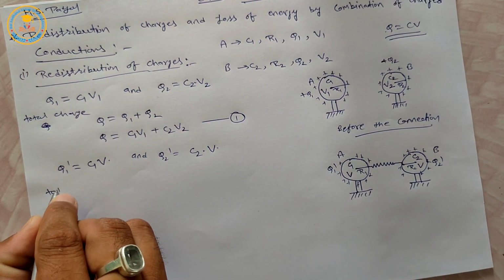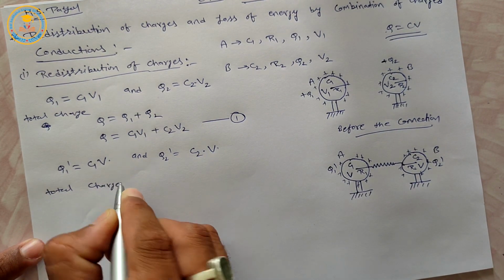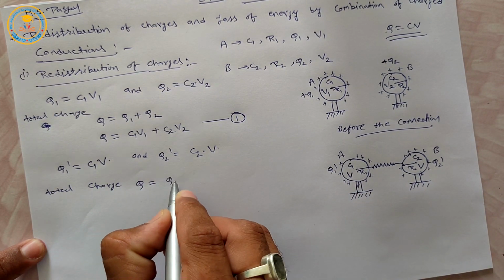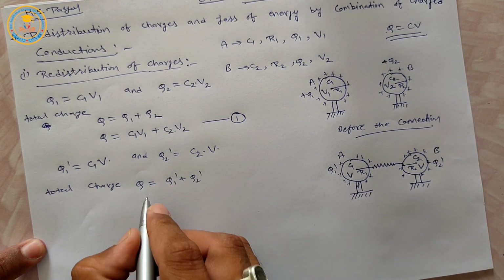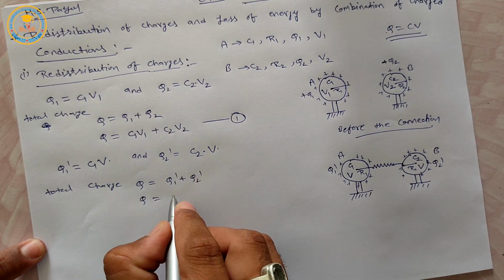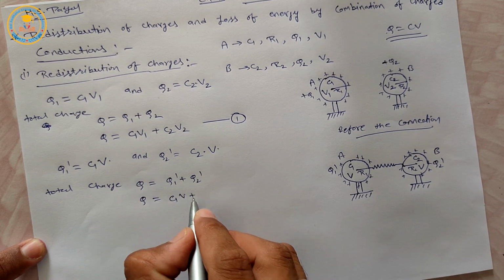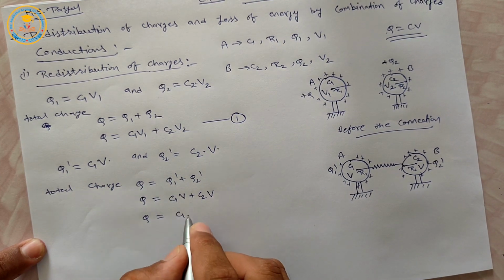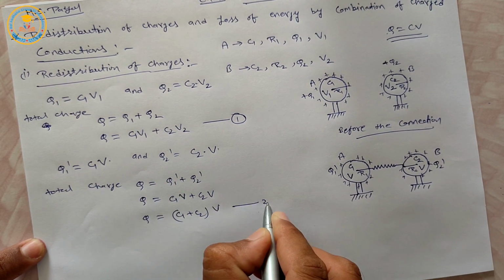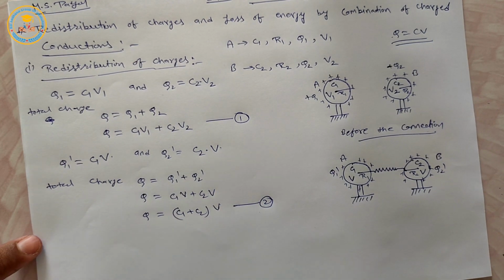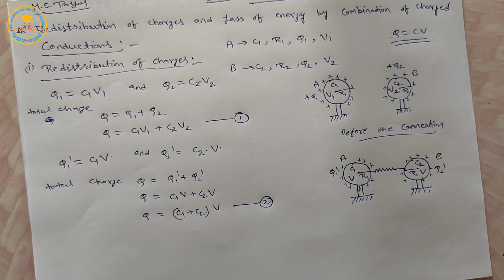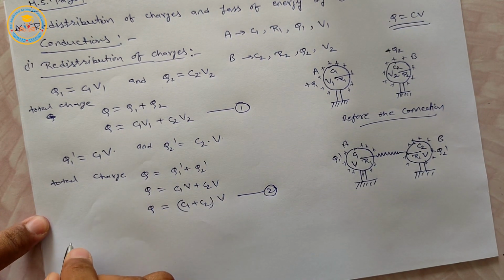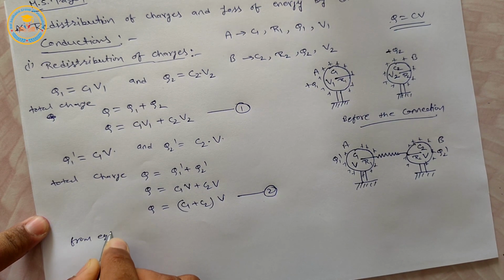Then the total charge of this body Q is equal to q1 dash plus q2 dash. So Q is equal to C1 V plus C2 V. We take V common, then Q is equal to (C1 plus C2) into V, equation number 2. We know that from the law of conservation, charge is conserved. So from equation 1 and 2,